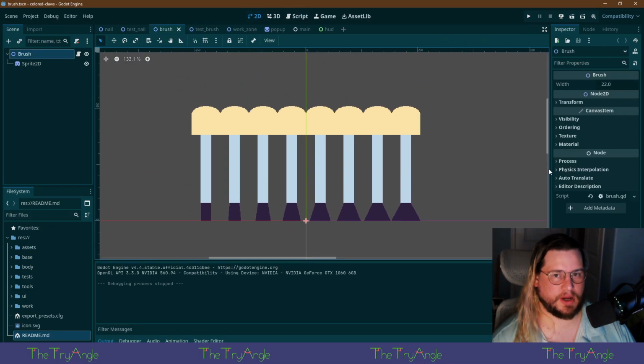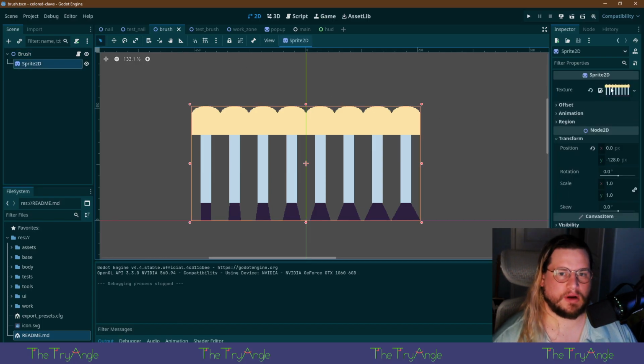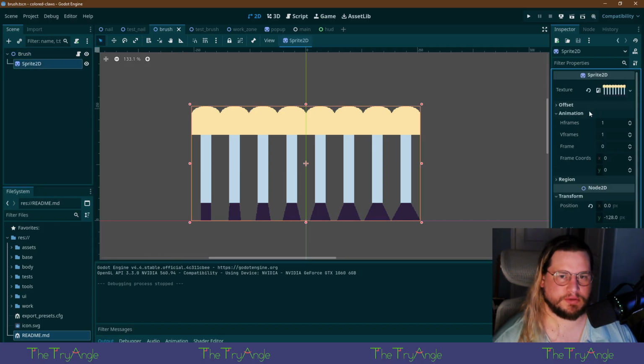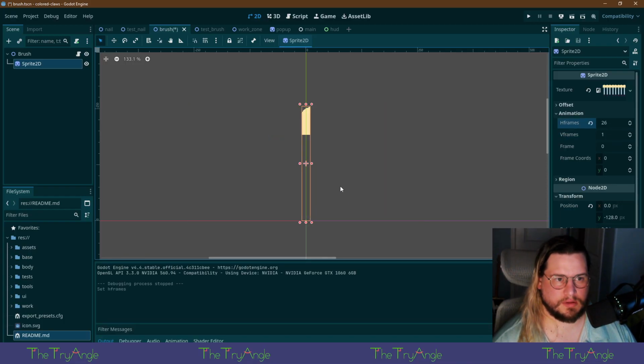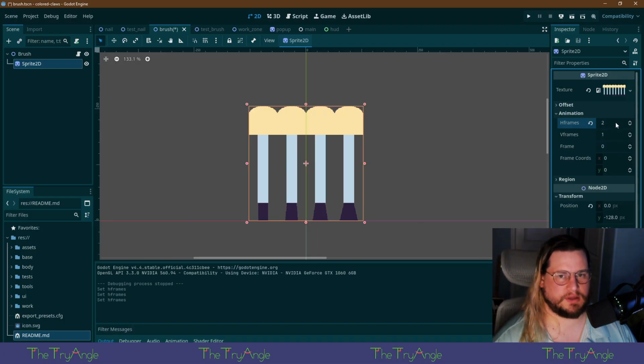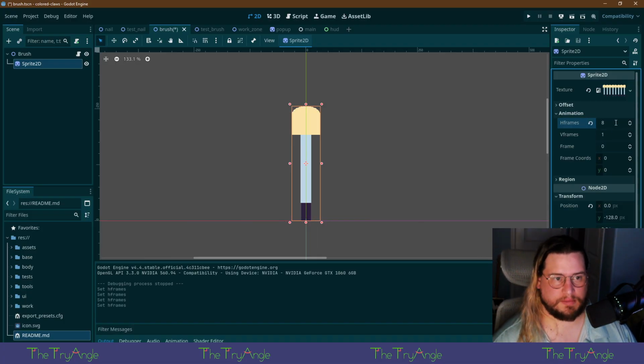Yeah, there we go. All right, so our sprite, we're going to reduce how many horizontal frames? Wow, that's okay. All right. 8. I don't know what I was doing.